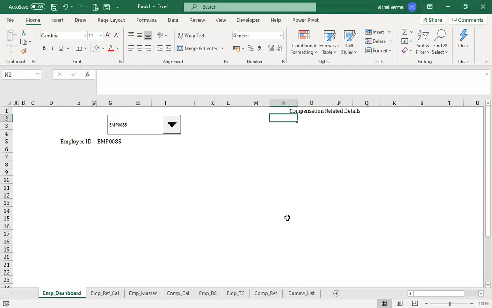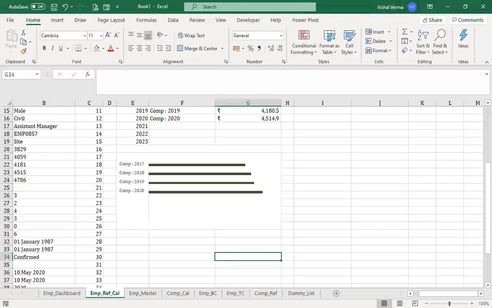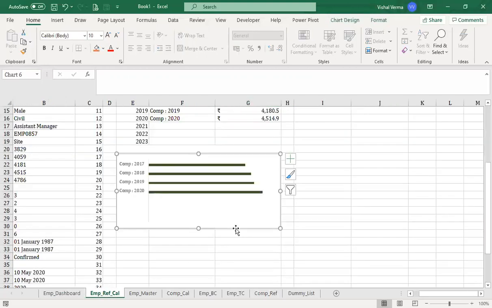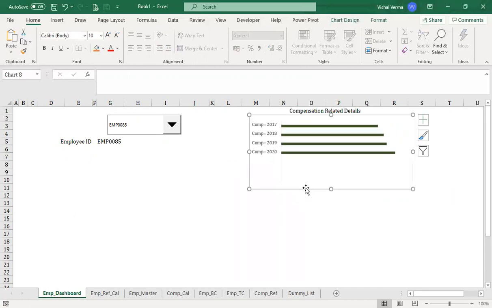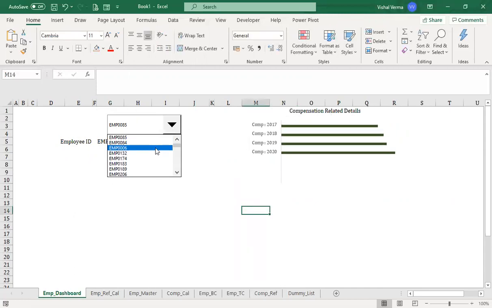So we can just go to the employee reference calculation, copy this chart and paste it here. Whenever the employee is changing, it will keep on updating itself. See, it's updating itself on its own.